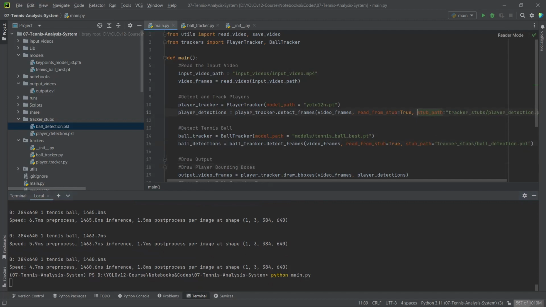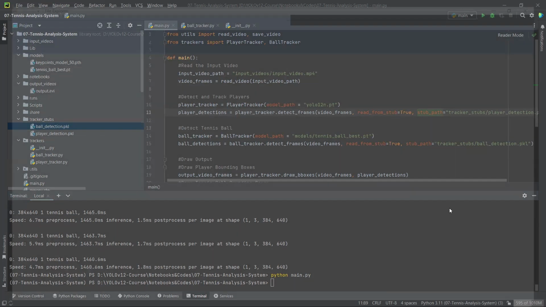So I'm just running this script again, and the output frames are not played, and the tennis ball detections are being saved in the pickle format. So now the processing time is saved. As I run this python main.py, it didn't take any time to process. And if I just show you the output now,